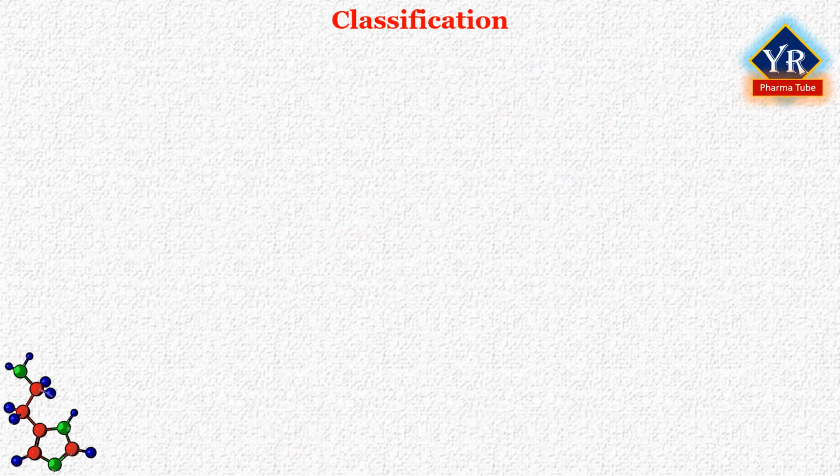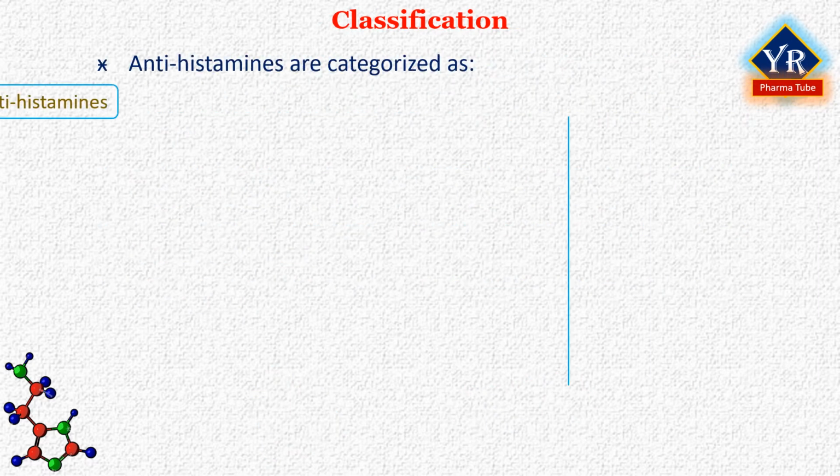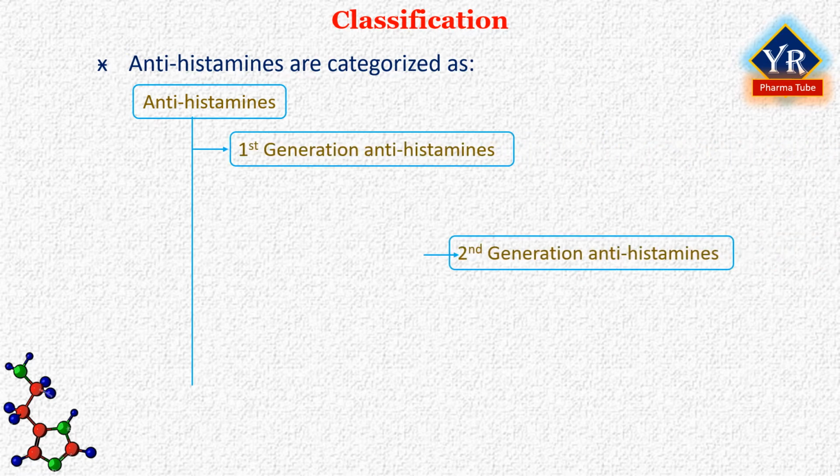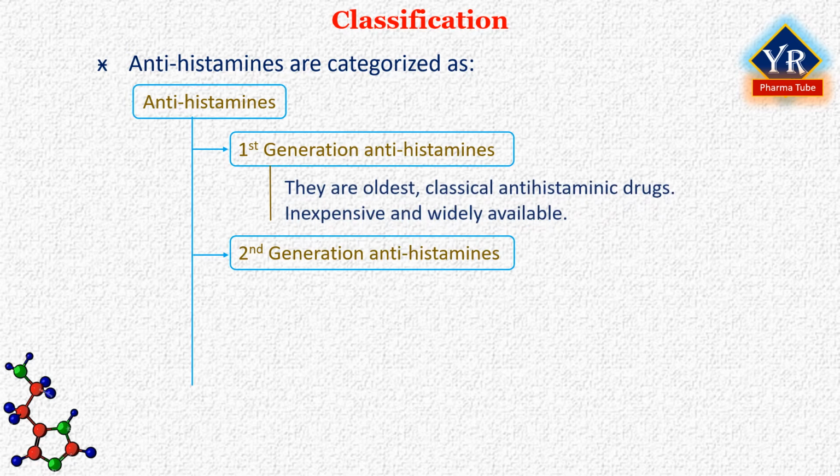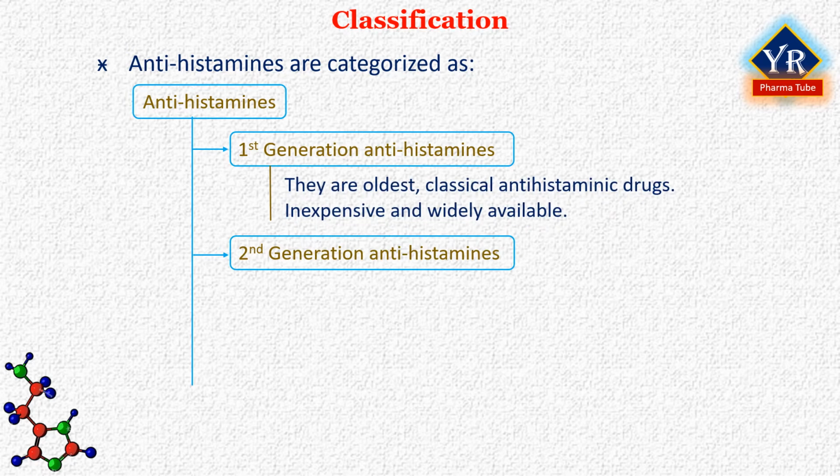Classification of antihistamines. Antihistamines are categorized as first and second generation antihistamines, which is generally based on whether they cause greater or lesser sedation, that is, based primarily on their pharmacological profiles. First generation antihistamines are the oldest classical antihistaminic drugs and are relatively inexpensive and widely available, so called as first